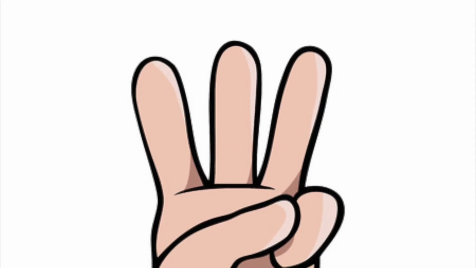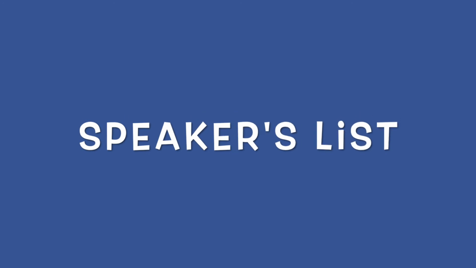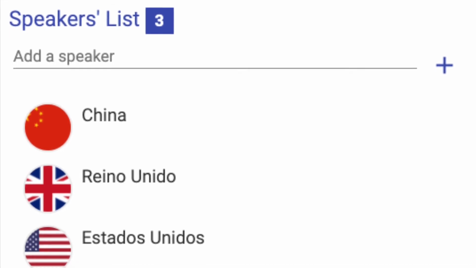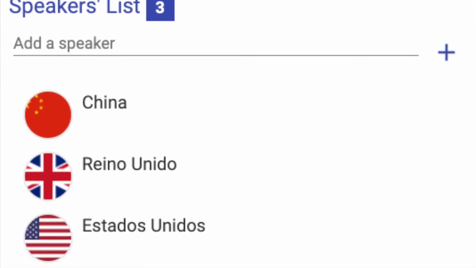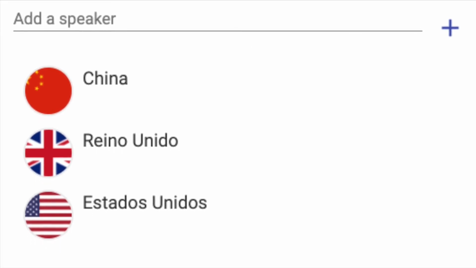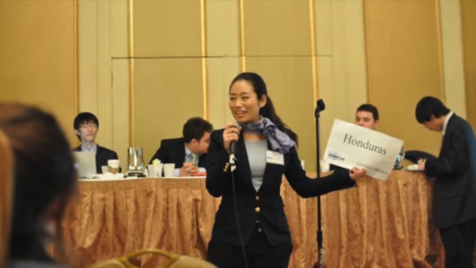Characteristics of the debate. There are 3 different types of debate in a session. Number 1. Speakers list. A speakers list is a list that contains the order of speakers in the committee. The speakers list is the default format of debate, and the committee will proceed with speeches until a delegate makes a motion to change up the debate format. The chair will recognize the participation of each delegate following the order of the list.